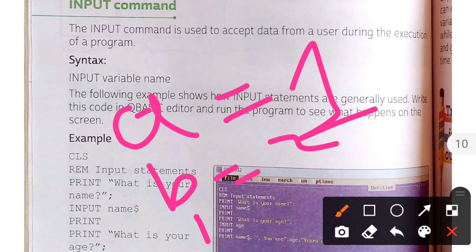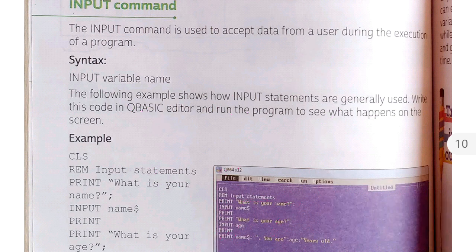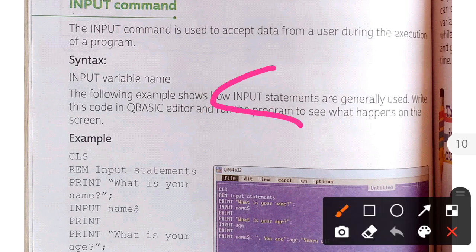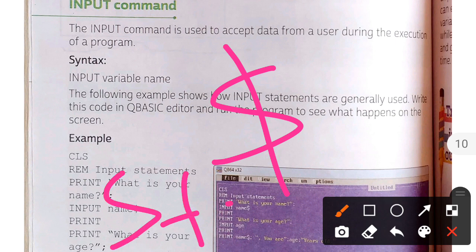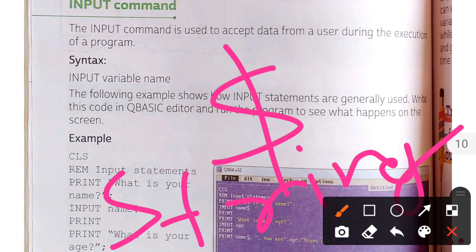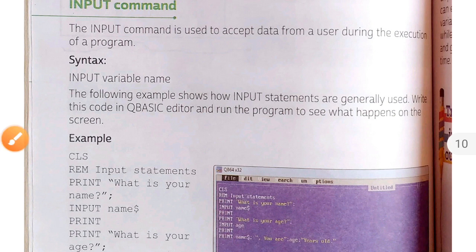So b is greater than a. This is an example of variables. Variables can hold strings, and these are named string variables.